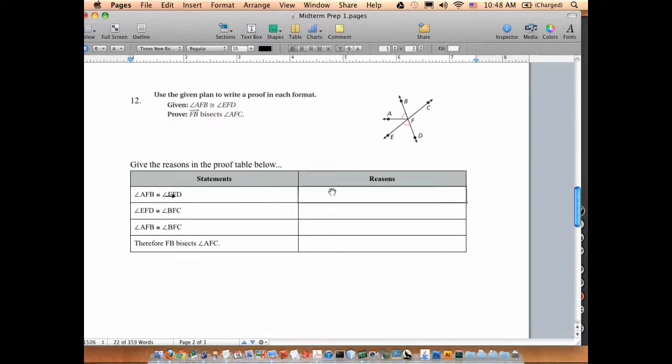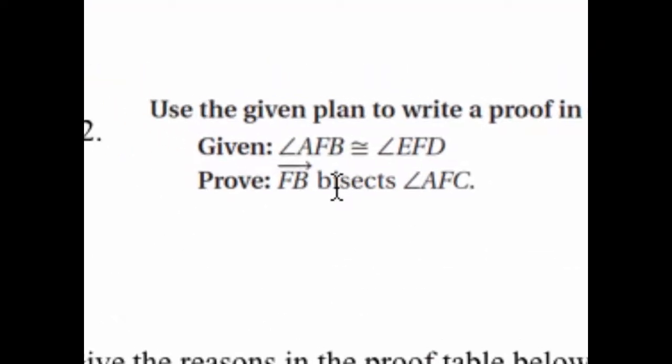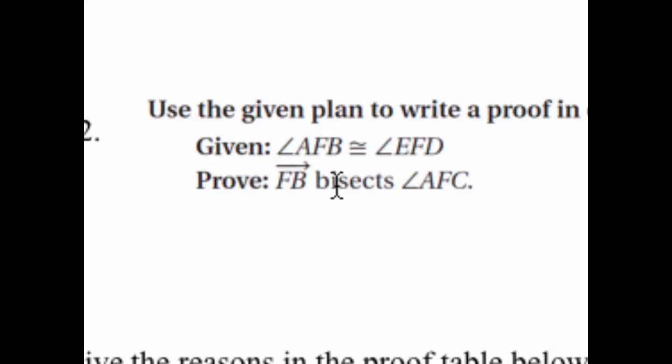Okay, let's fill in the reasons here. Use the given plan to write a proof in each format. Given that angle AFB is congruent to EFD, prove